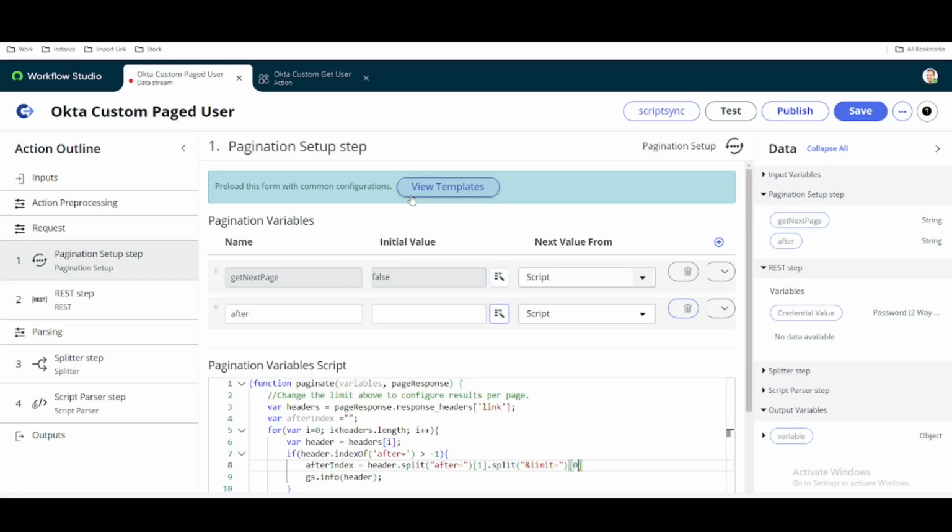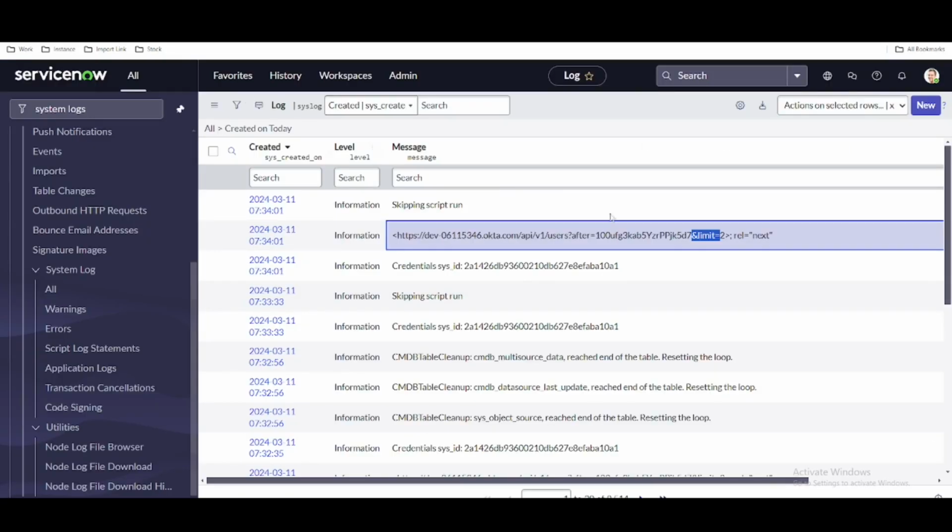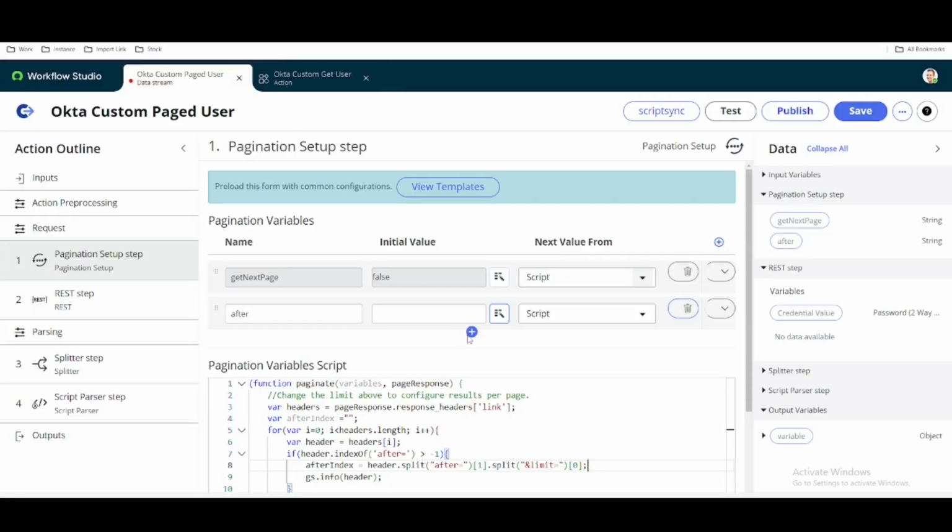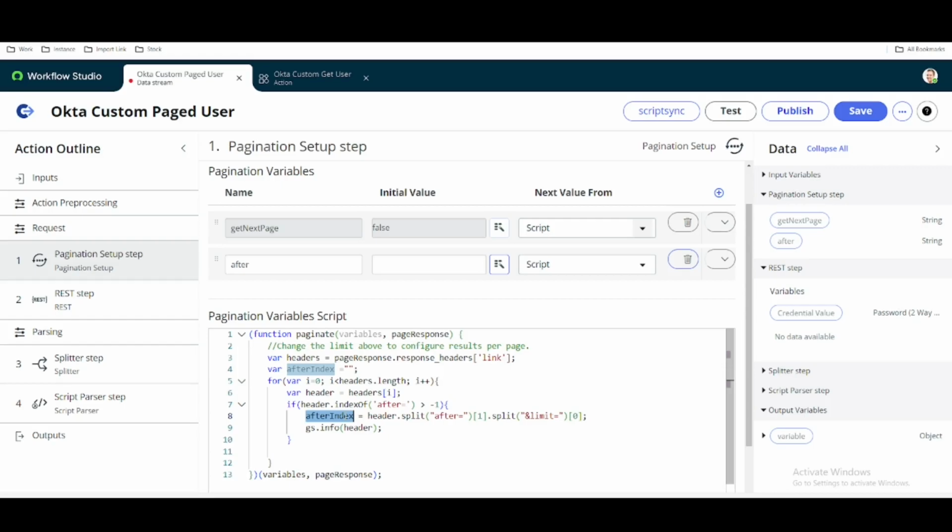So what I am looking for, I am trying to grab this value. First I'll do a split with after equal to. If I get that, this is the left part, this is the right part, I'll take the index of 1 and then I'll split that with this one and I'll take the 0 part, the left part. Okay, so let's print that afterIndex